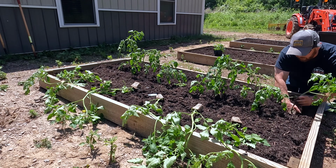Another reason that I went to a raised bed is it's a lot less weeding. Once you get the bed free of weeds, and especially if it's nice and loose soil like this, weeding is easy. You can whip through here quick and knock it out in not that long of a day, where before in my other garden it was such a process. And then usually,